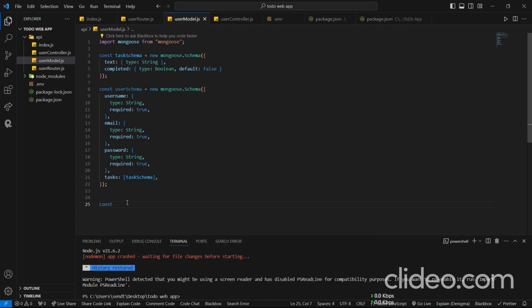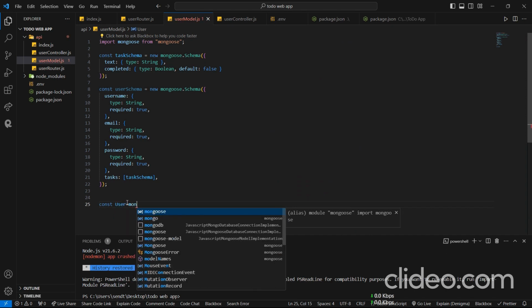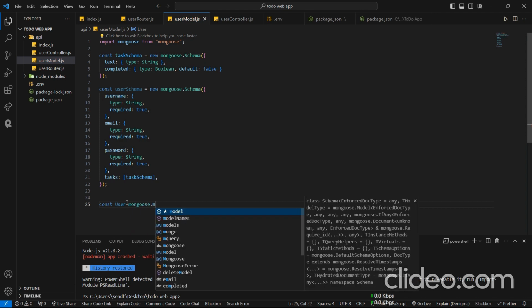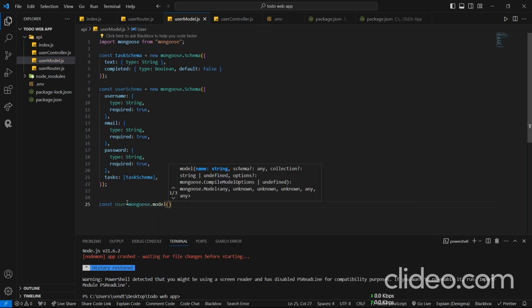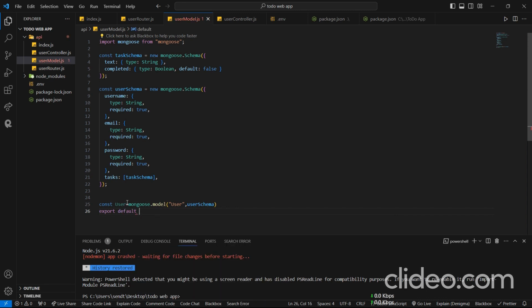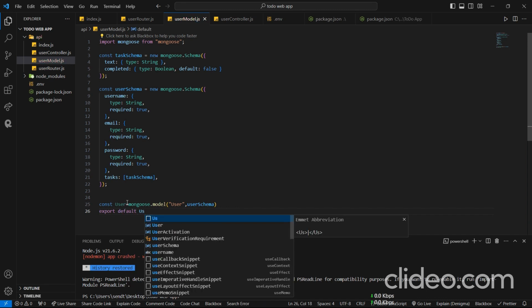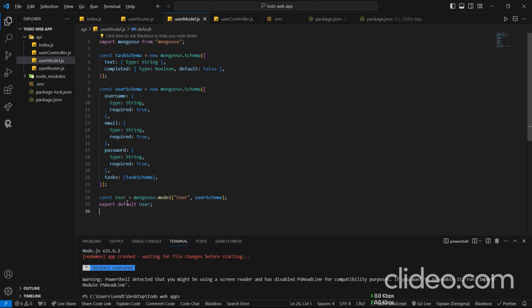Const user equal to mongoose.model, and we will pass our schema here, and what will be the name of our database. So it will be a user, and we will pass user schema here, user schema, and let's export it. Export default user. Okay,